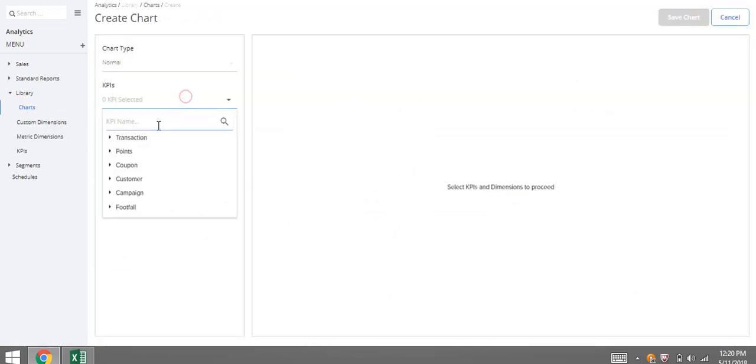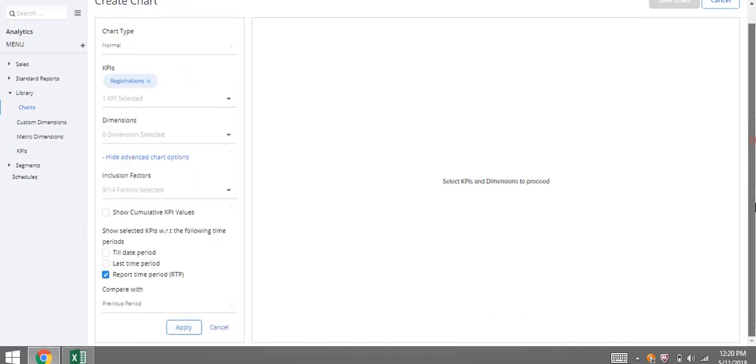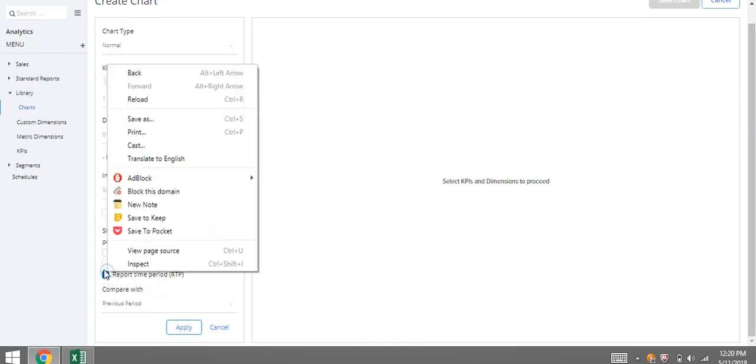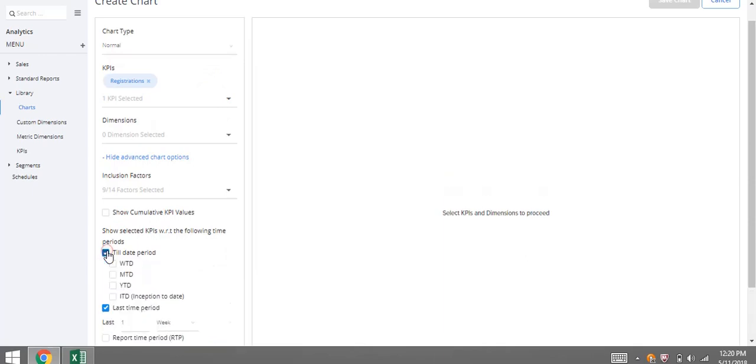I will create another chart. I will select registration again. There is one option that is not yet discussed, which is last time period. So sometimes you are not interested in WTD, MTD, YTD or inception till date.